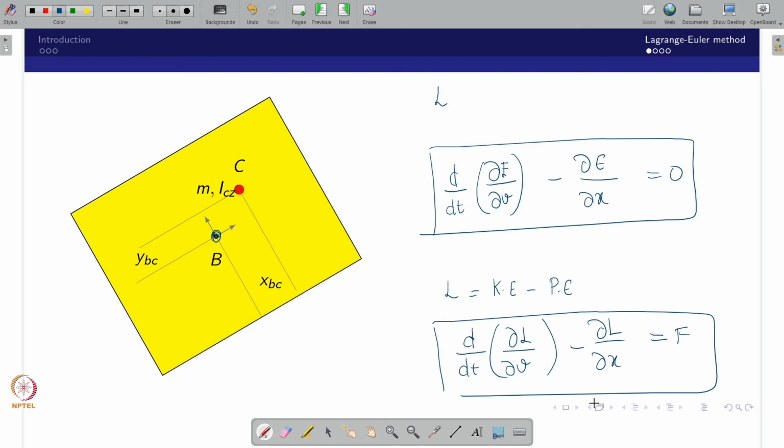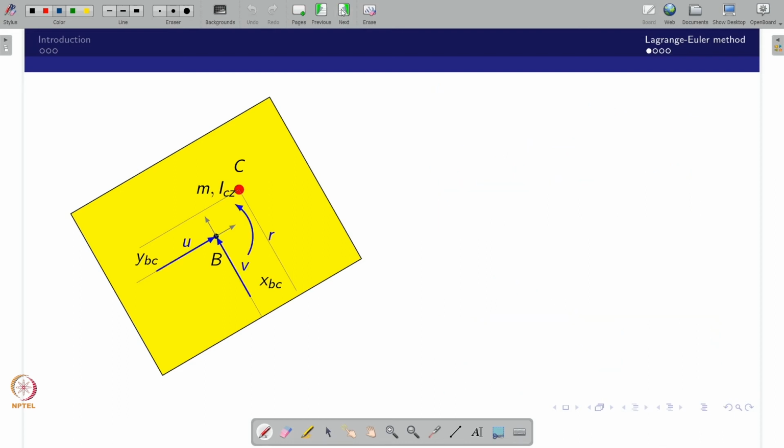So you need the kinetic energy of the system, and then you need the potential energy of the system. Fortunately, for a mobile robot or land-based system, we assume the potential energy is constant, and we even assume it is 0. Why? Because it is moving on land, so the gravity effect would not be there. If we bring in the suspension, we would need a multi-body approach, but right now we assume it is a rigid body, a lumped mass system, so all this will go as it is.